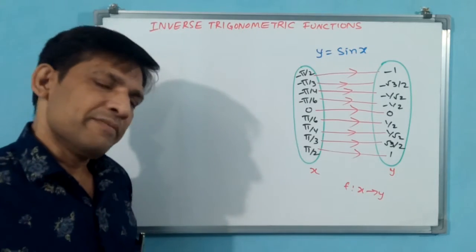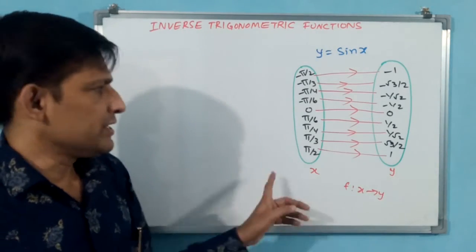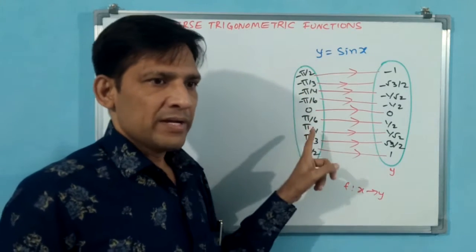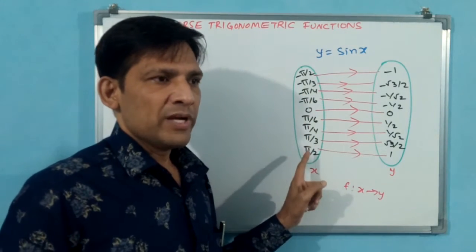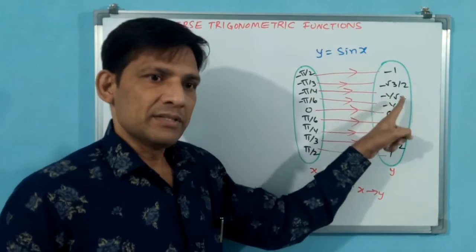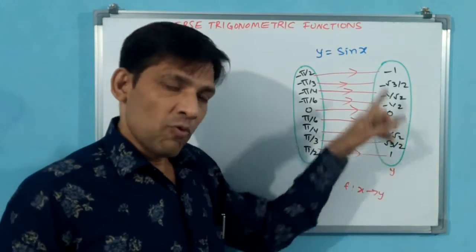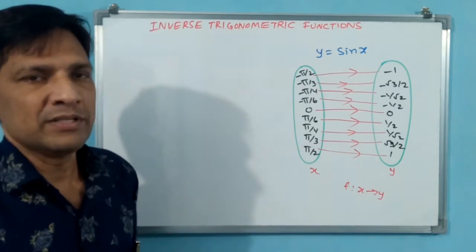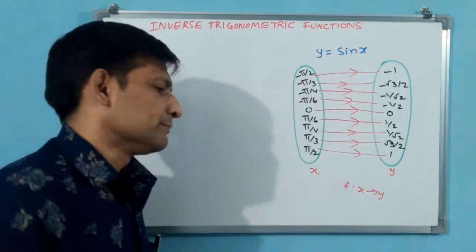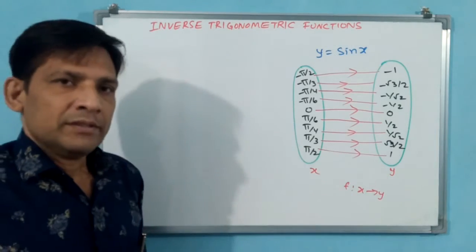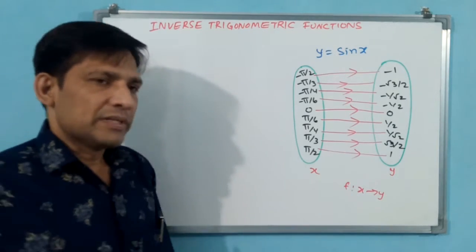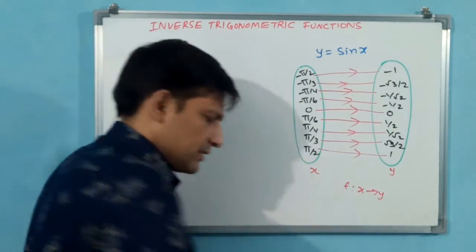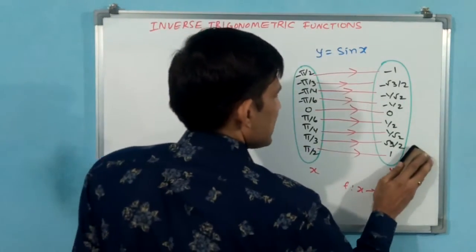Now, is it a function? Definitely, it is a function. Why? Because in a relation, each and every element from the domain should have only one image in the codomain. That is called a function. This is a function only. We don't have any doubt. Now we talk about the inverse function. For becoming an inverse function, I am going to change this arrow diagram. You understand now.